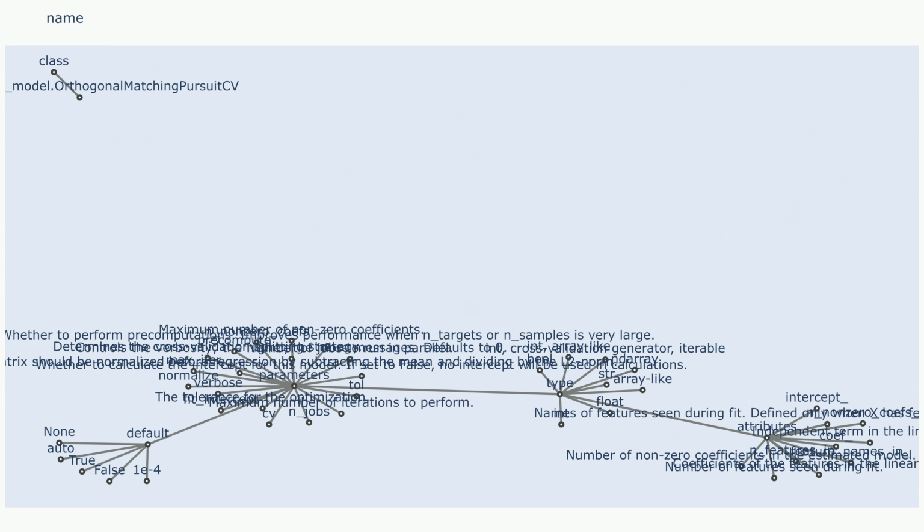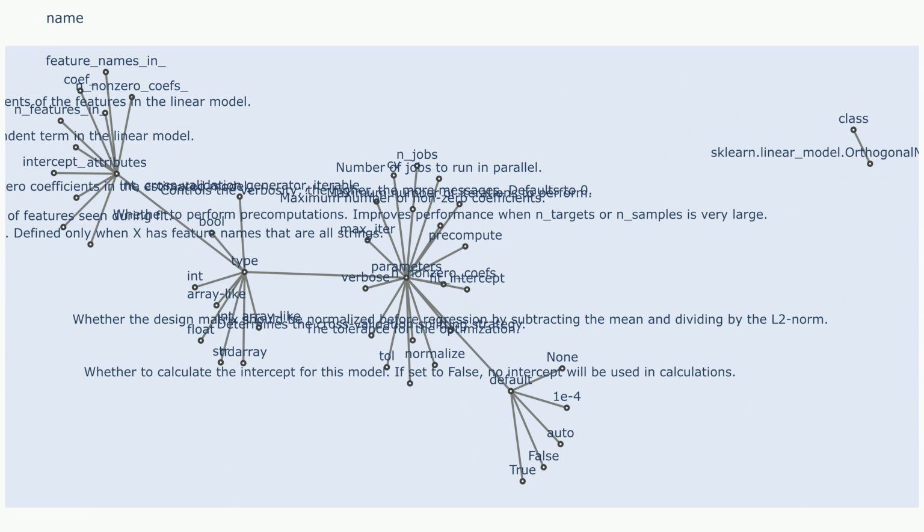Feature scaling: it is generally recommended to normalize the features to prevent features with larger scales from unfairly dominating the feature selection process. Data preprocessing: consider applying standard data preprocessing techniques, such as handling missing values and encoding categorical features, before using OrthogonalMatchingPursuitCV.